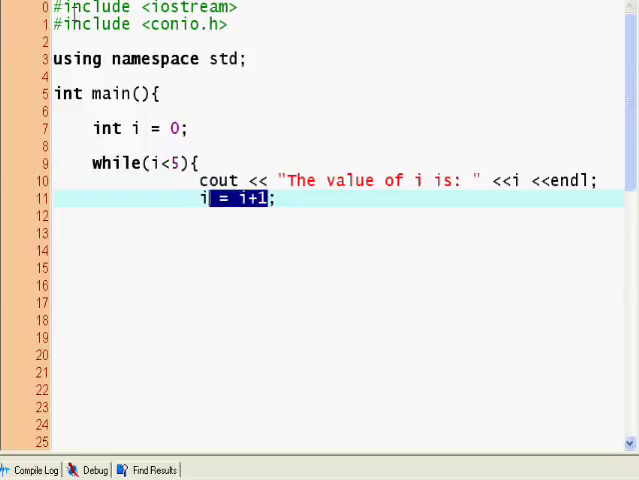Say that it's the same thing as saying I plus plus or plus plus I. So the only difference between I plus plus and plus plus I is that I plus plus first takes the current value of